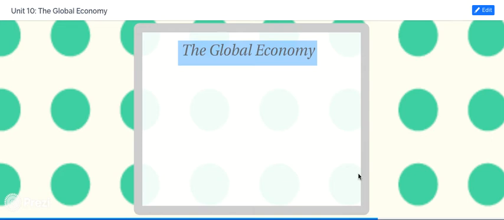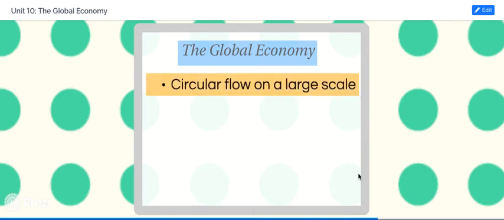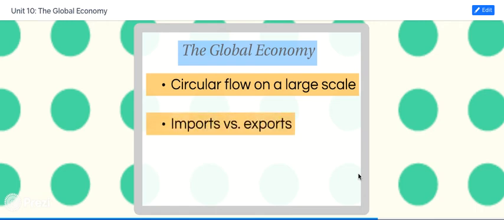All right, let's get over to the global economy. So essentially, we're going to be talking about circular flow on a large scale in the next few lessons. We'll have to go back to our unit on macro and imports versus exports, trade deficits, trade advantages, trade imbalances, and how that can help or hurt an economy. We'll have to talk about what resources we have, what organizations we can use in order to give ourselves an advantage, what things we have that can be useful to others, how can we do that